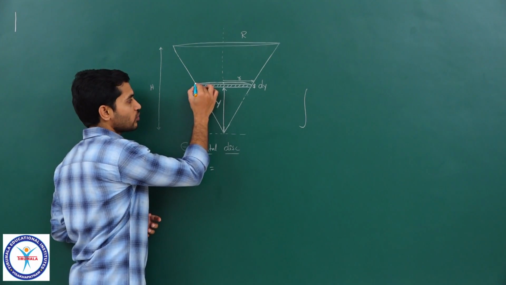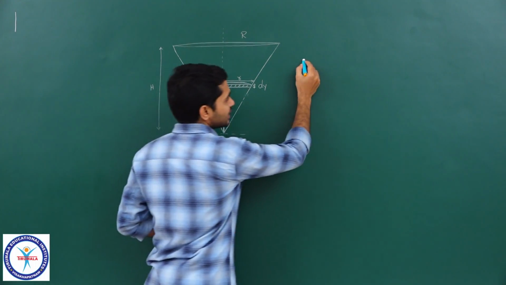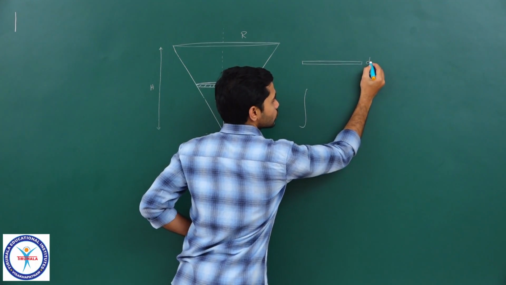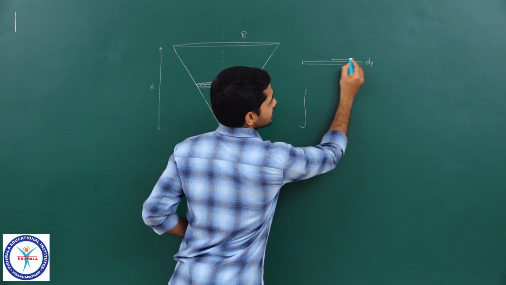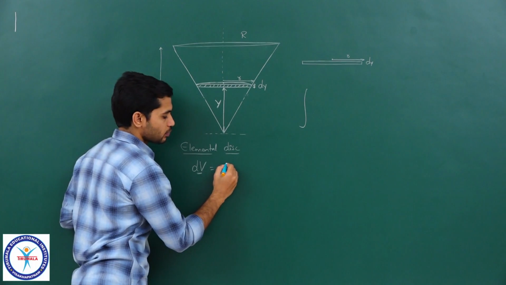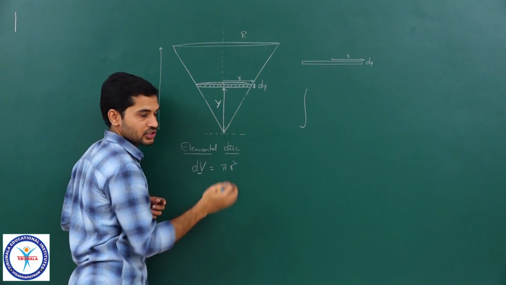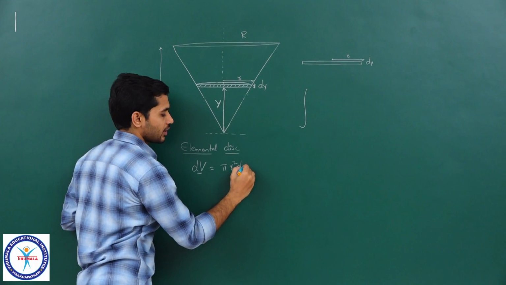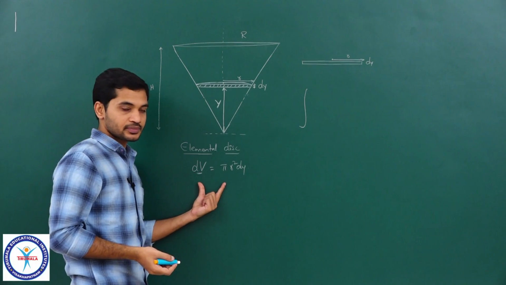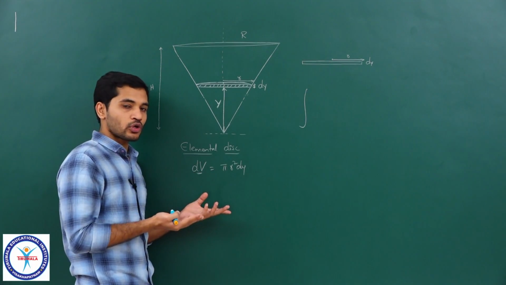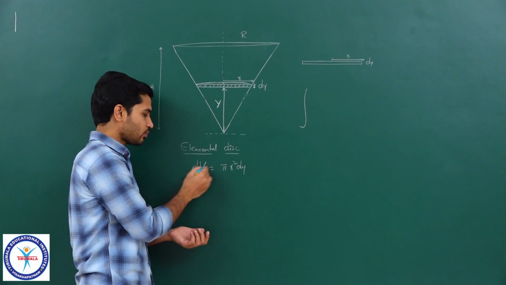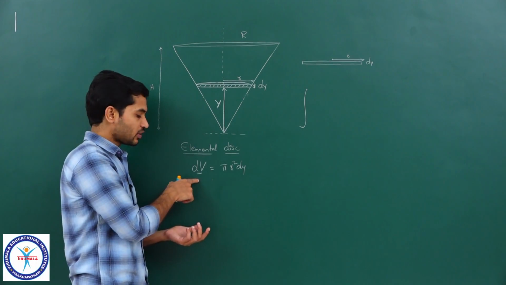So how do I write the volume of this? It is nothing but a normal disc, right. The only thing is that its thickness is very small, dy, and the radius is r. So what will be the volume of such a disc? I can directly write it as pi r square h, where the height of the disc is dy. Understood? That is the basic idea here. So I know the volume of the disc. Now to find the total volume, what should I do? If I know dV and I have to find V, you know that putting an integral sign before this will give me the total volume, right.